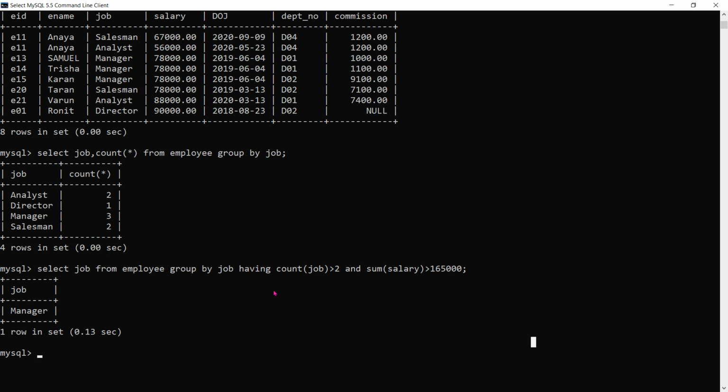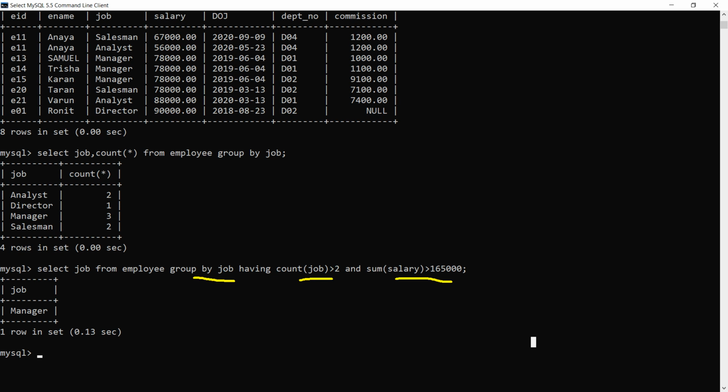If I am writing count of job greater than 2, select job from employee group by job, first it will group on the basis of job, and then the condition will be checked where count of job is more than 2 and the total salary, sum of salary, is more than 1,65,000.